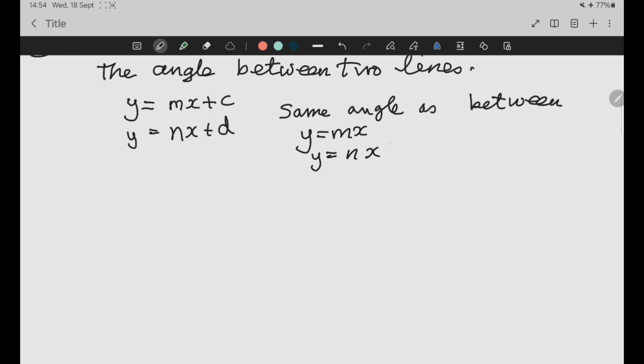So it would be very questionable to use that straight away. So what I'll do is try and prove this entirely by geometry methods,